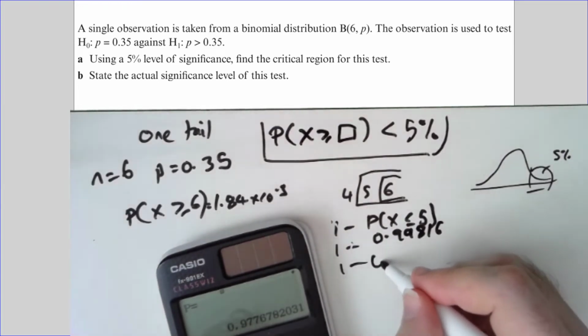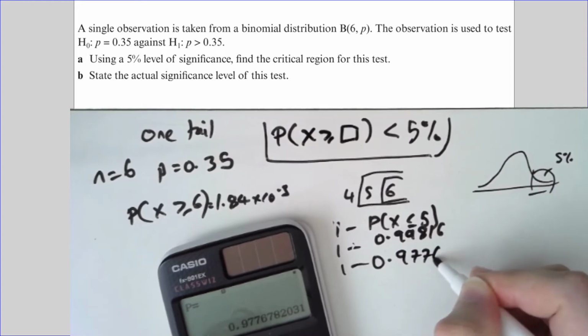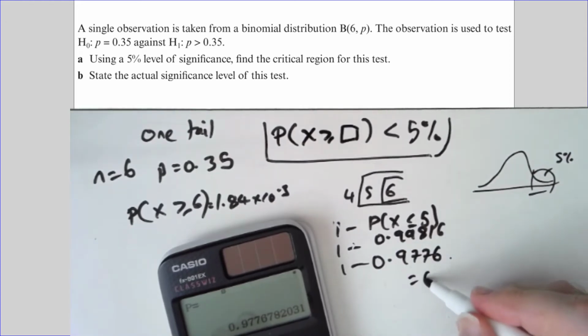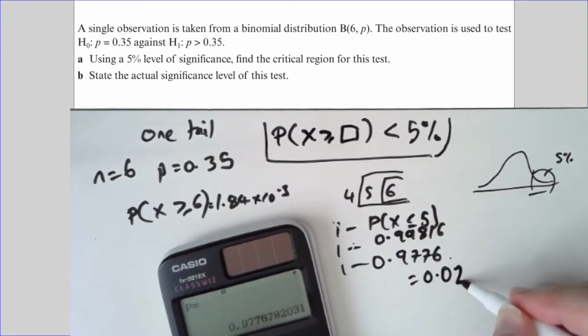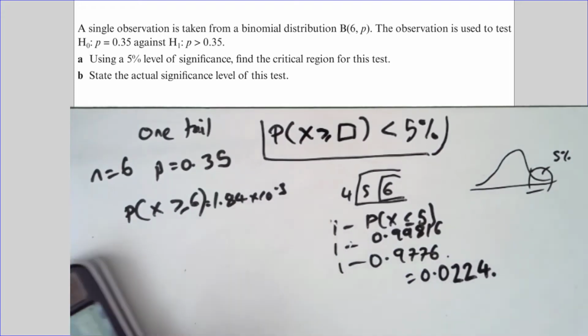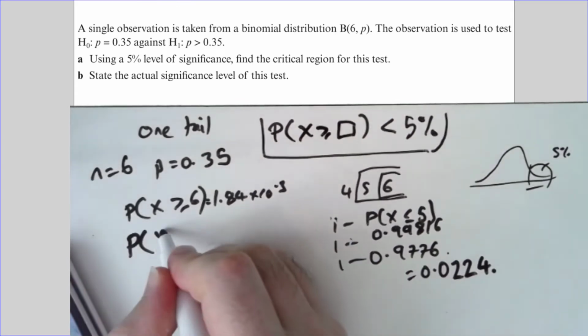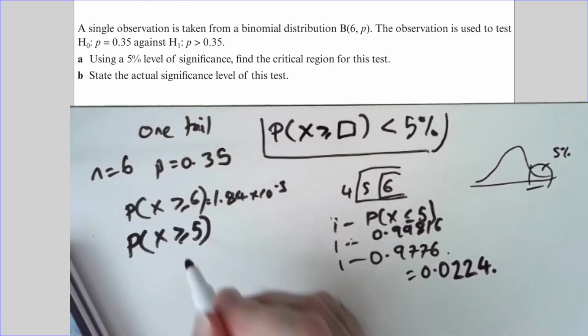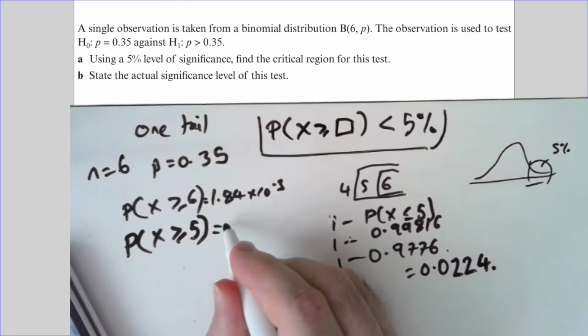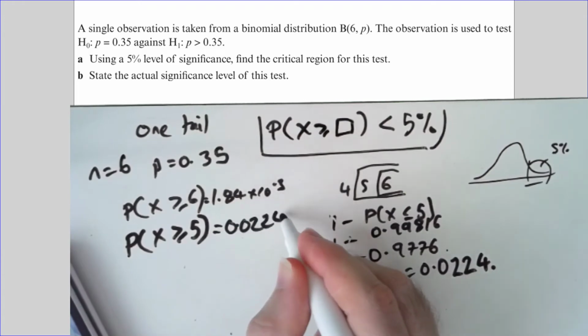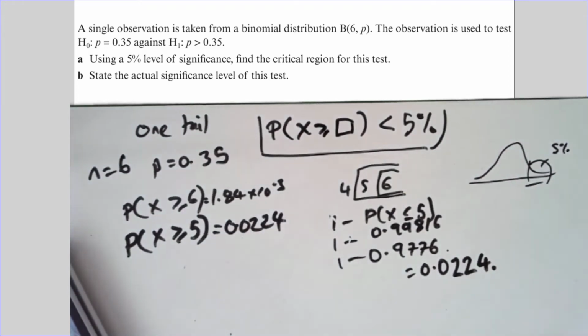This is 1 minus 0.9776, which is actually 0.0224. So probability x is greater than or equal to 5 is 0.0224. Now we could go, this is pretty close to 5%, I'm going to guess that this works, but